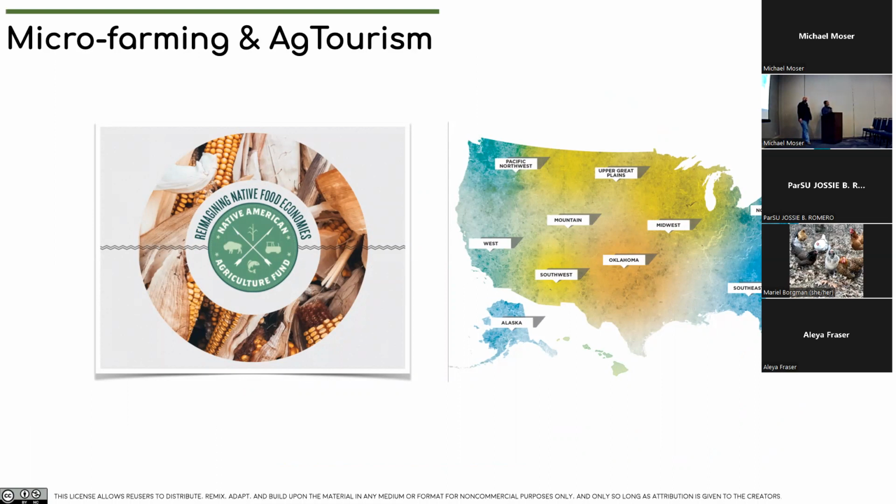Native American Agricultural Fund actually put out a paper saying focus should be on creating regional food hubs. So they talked about 10 different regional food hubs based on where Native Americans largely live. And the intent is, there is the tourism, as I said, not necessarily the ag component tied to ag tourism in Native American lands. So that is what we want to amplify.